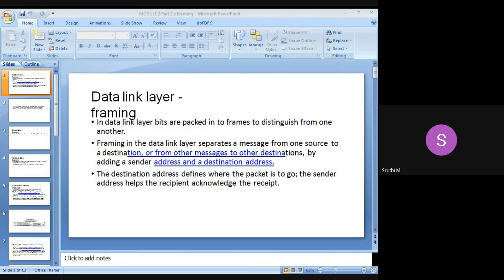Now, what are the different types of guided medium? Twisted pair, coaxial cable, and fiber optic cable. Now, what are the merits of twisted pair cable? Who will be answering? Vaishnav. What are the merits as well as the demerits of twisted pair cable?